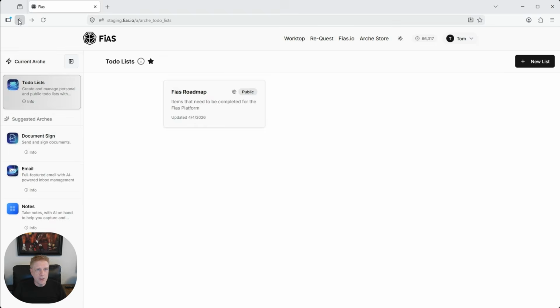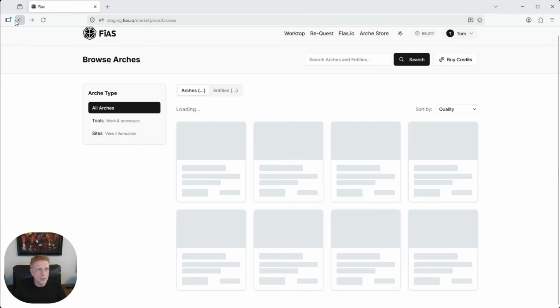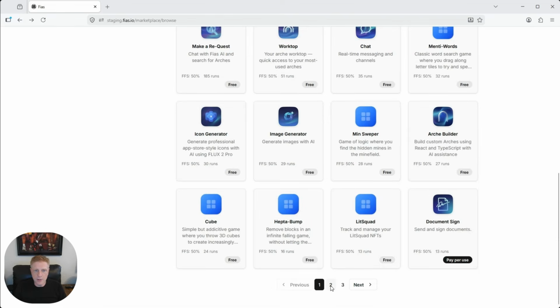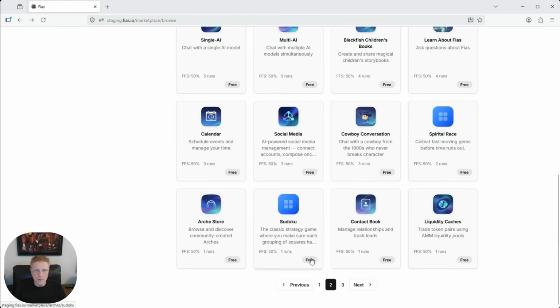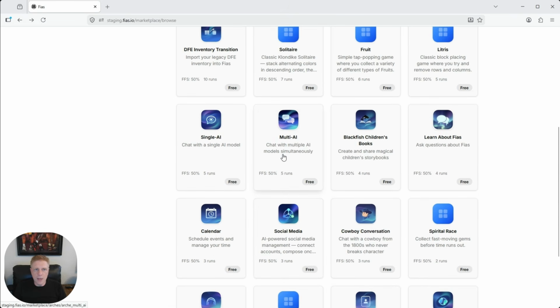Let me go back into some of the other arches and just finish going through them. We have a tool that you can go through all the different AIs and change all the parameters on them and really learn how to get an AI specifically set to use in the arch that you want to build.